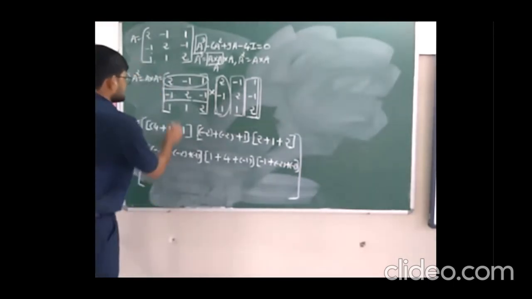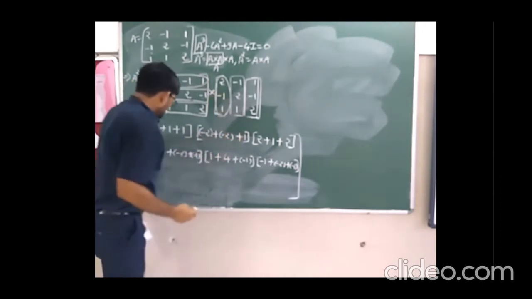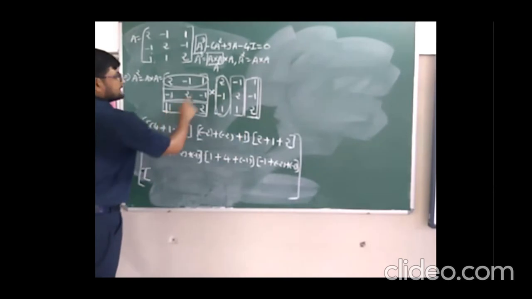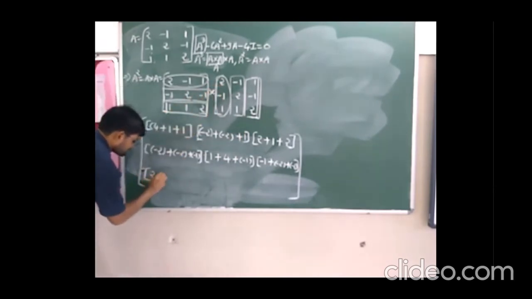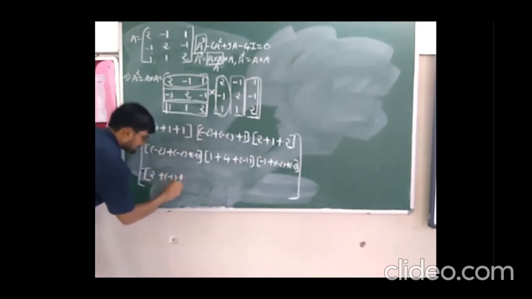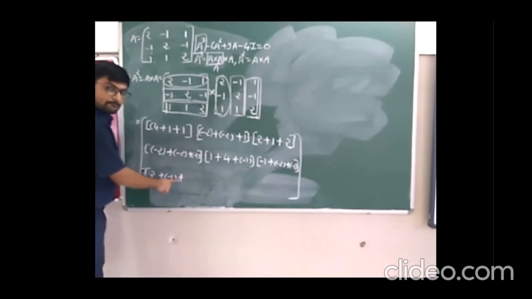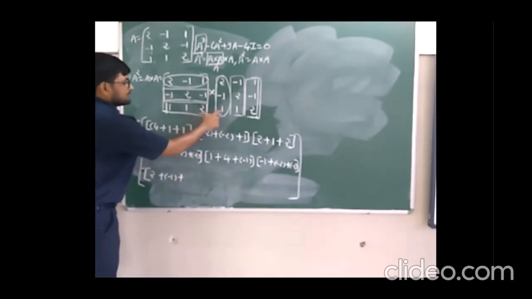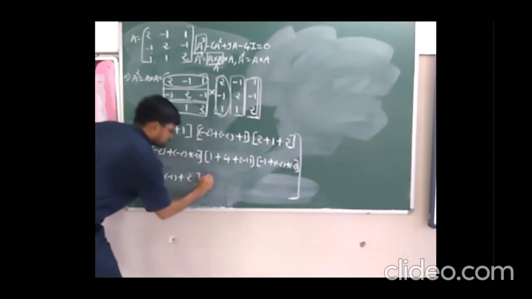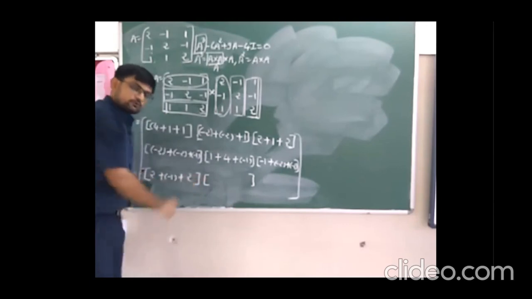Okay, after this we'll multiply third row with all columns. So we'll write into the third row first element into first element, 2, plus second element into second element, minus 1, plus. When you multiply 2 matrices, then in between you have to use the plus sign. Then third element into third element 2. When you change the column, then you have to change the brackets. Then between the brackets, no need to write plus sign.